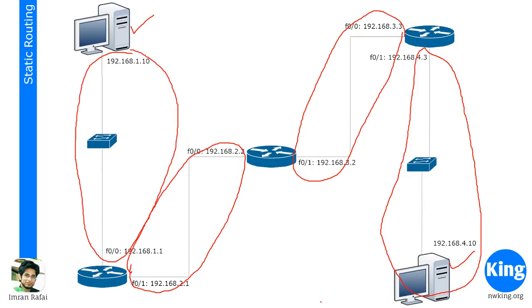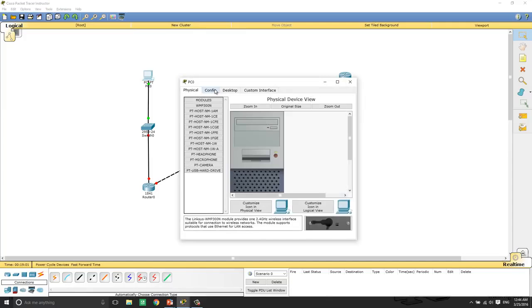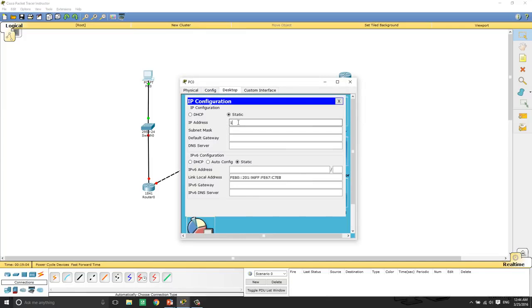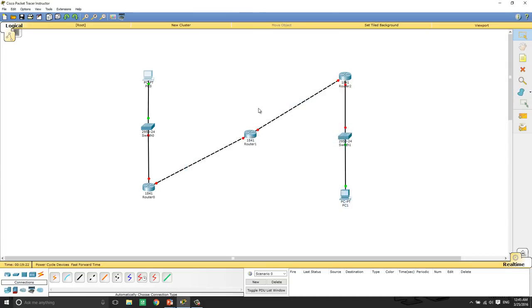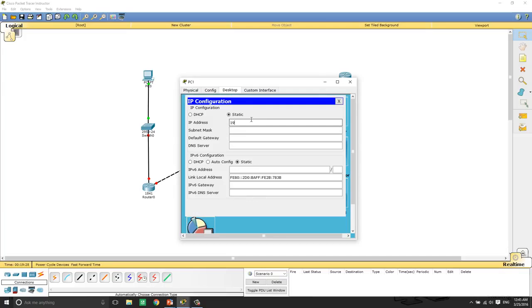So let's put this in Packet Tracer, and then we'll see how we develop this whole routing concept. Alright, I put the same diagram in Packet Tracer. So let's put the same IP address scheme. So I'm going to click here, IP address 192.168.1.10, gateway 192.168.1.1, right? That's the gateway. So I think that information is enough here. This device, if I remember, is 192.168.4.10,